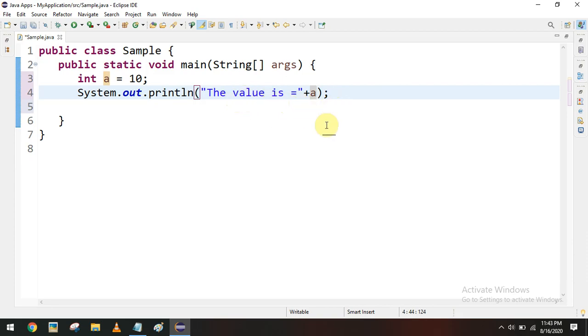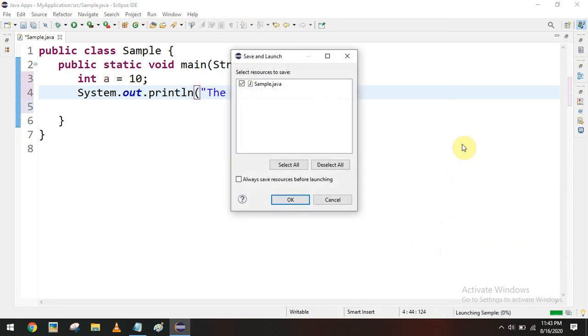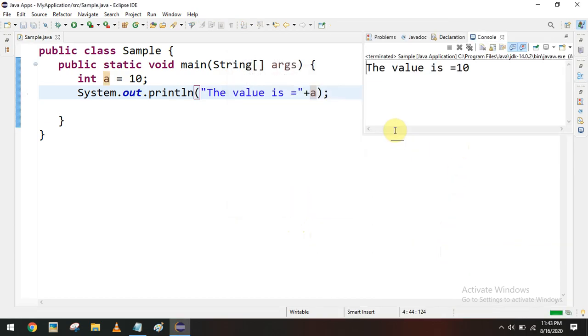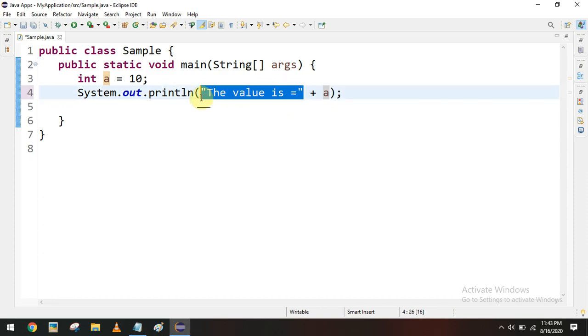Now I will get the output: the value is 10. Like that we can display the data by combining a string and the number. To combine both, we have to use the plus operator. The plus operator here performs a concatenation of the first operand and the second value.